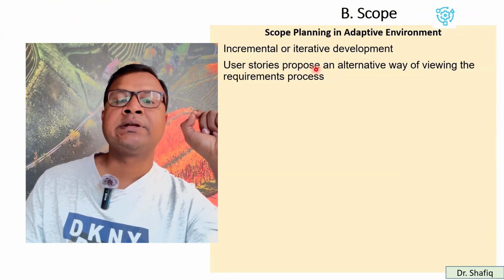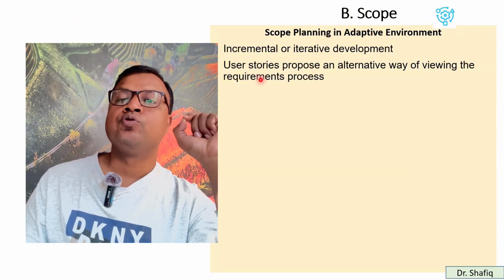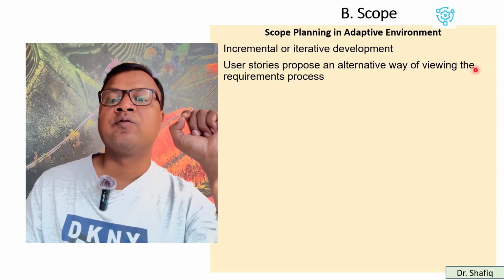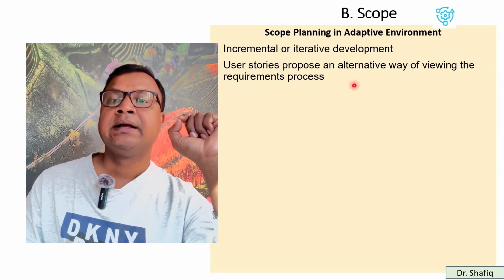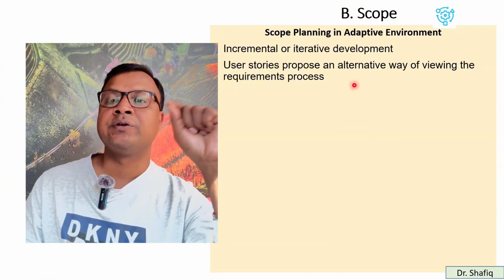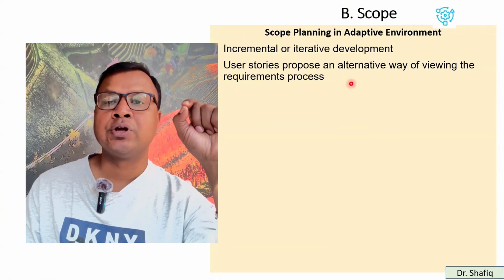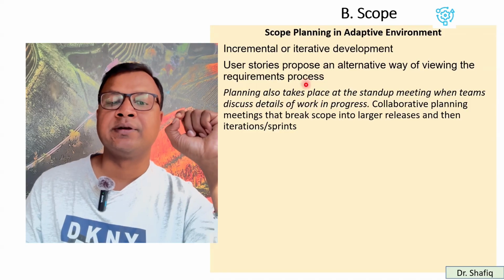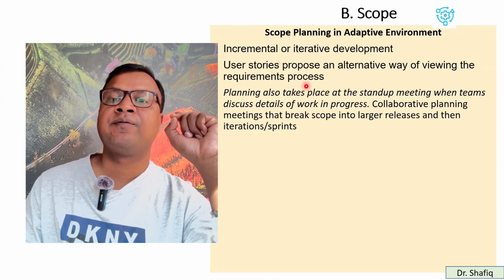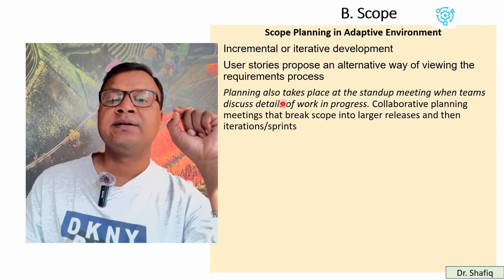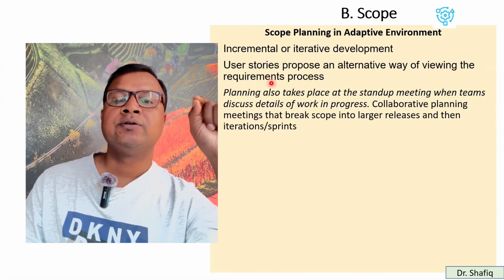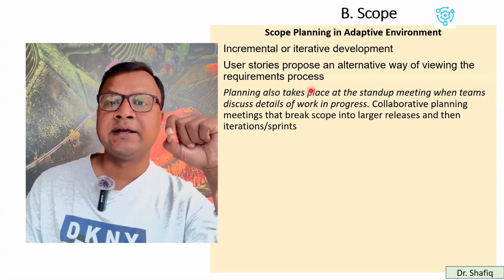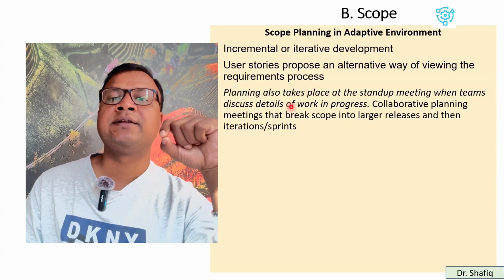process. So for the incremental or iterative development, you have to use the user stories that propose an alternative way of viewing the requirement process. Here there is no list of requirements, but there are the stories. So the product owner actually reads the stories and explains them to identify the requirements. So in each iteration, you have to go through these stories and detail them to find the exact